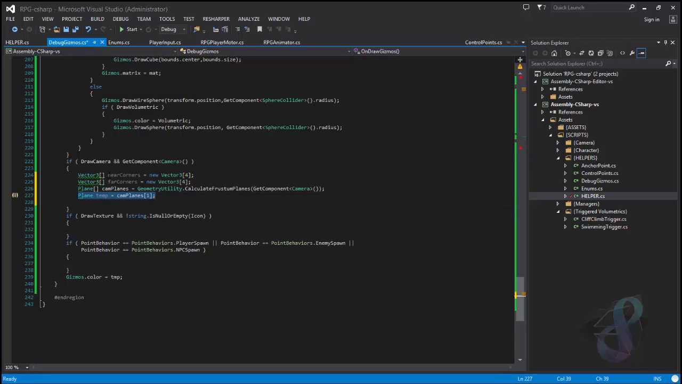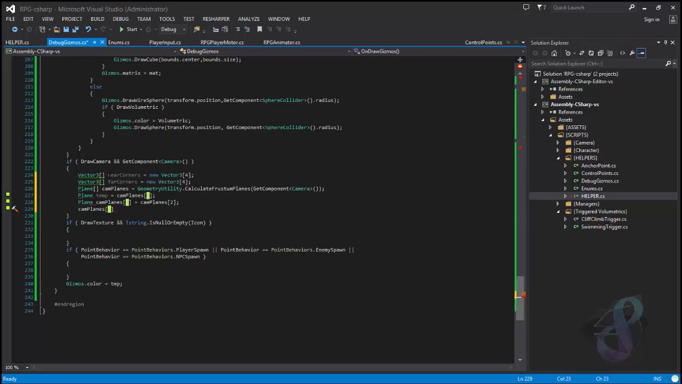then the same code, but we say cam plane 1 equals to index of 2. So we are doing a sweep here, and finally the 2 delete, okay, and 2 equals to temp. Okay, so we've done a bit of switching,